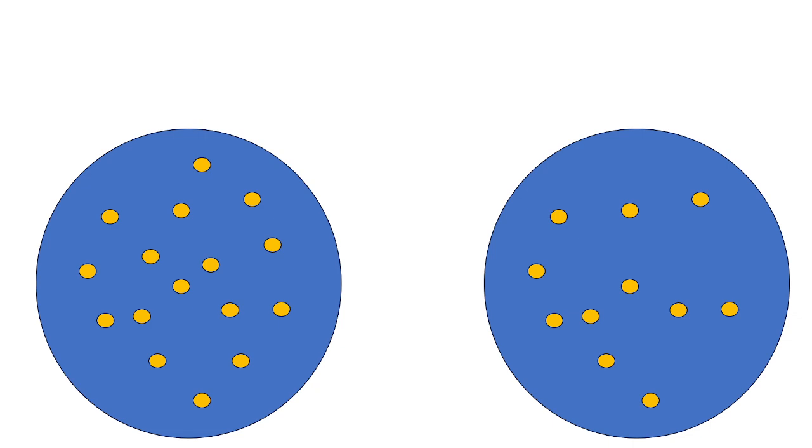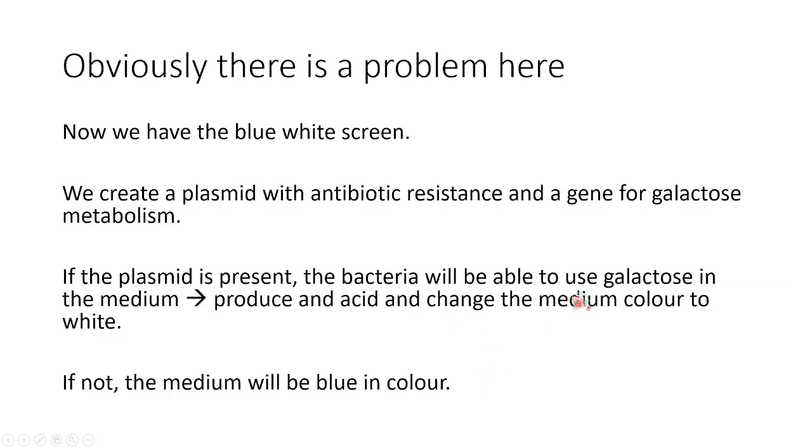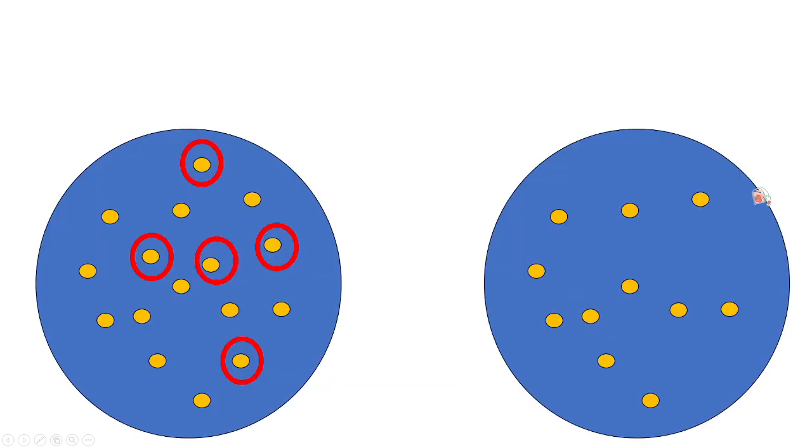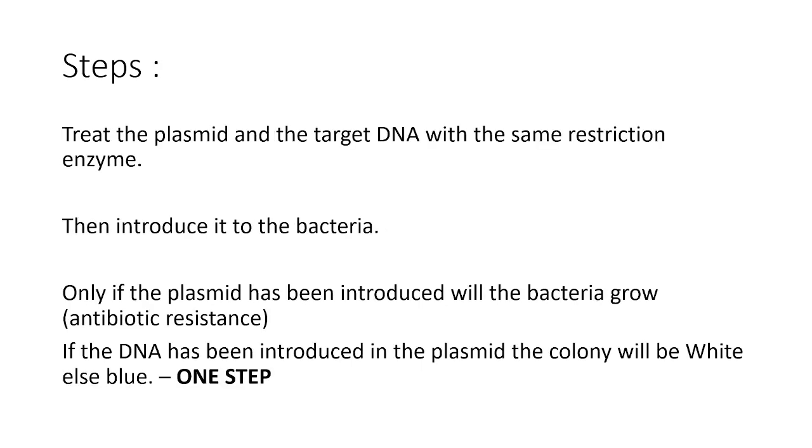So we compare the two plates. We look for those colonies which are present in the ampicillin plate but are not present in the tetracycline plate. These are the 5 colonies that you can see which are present in the ampicillin plate but not present in the tetracycline plate. These are the organisms which contain the DNA of my interest, and these are the organisms which I should subculture for further activity.